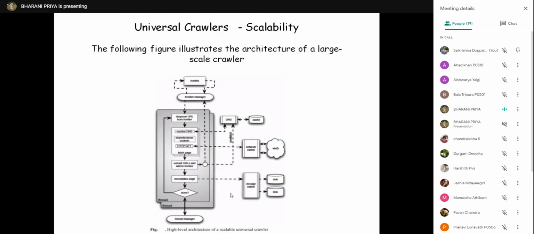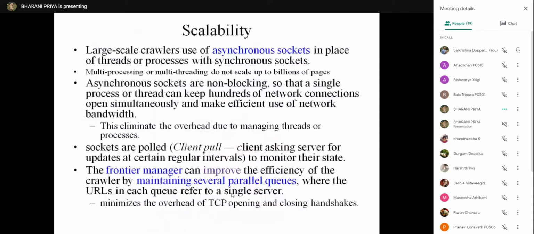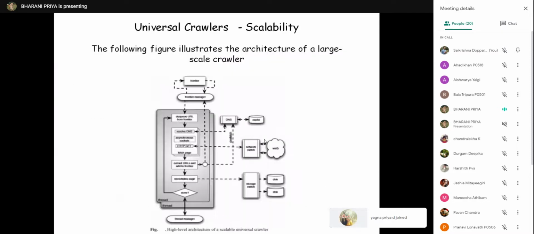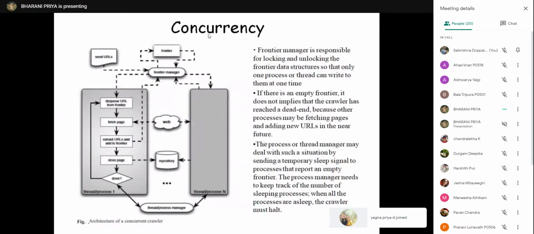The first one is scalability. In the previous slide we said that while achieving concurrency, we are going for synchronization.